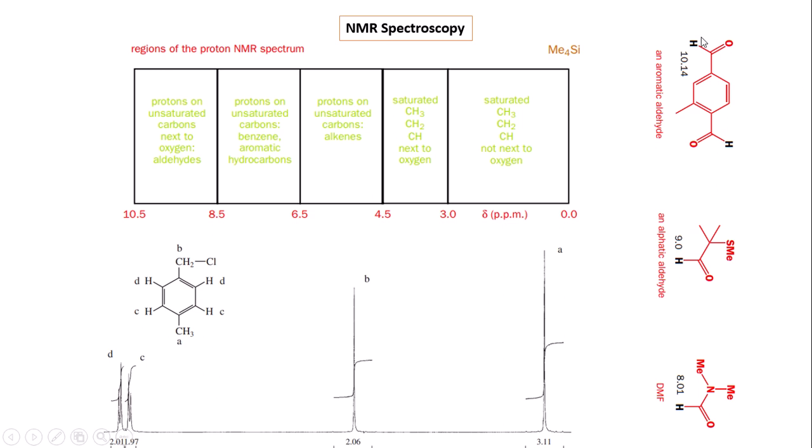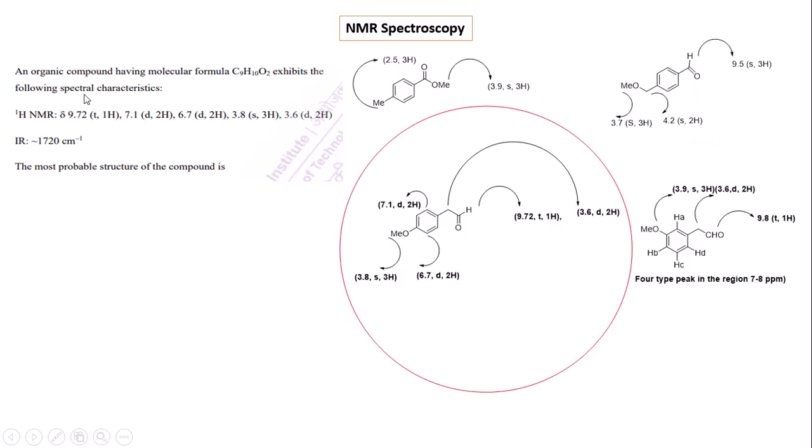And the aldehyde proton for the different types of compound always resonates at 10.14 ppm, 9.0 ppm, and 8.01 ppm. This is the shielded proton compared with the other two compounds, because of the stronger resonance effect of the nitrogen lone pair on the aldehyde group, lowering the chemical shift value. Hence, in the given problem, an organic compound having the molecular formula C9H10O2, that characteristic proton at 9.72